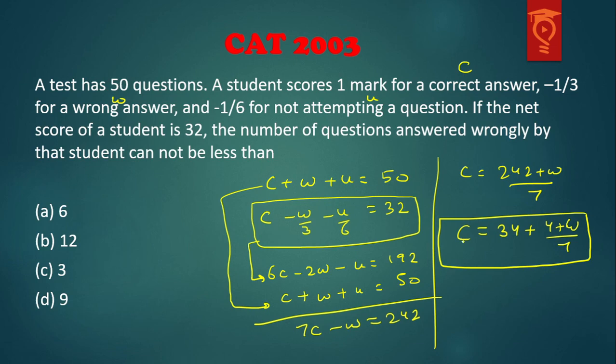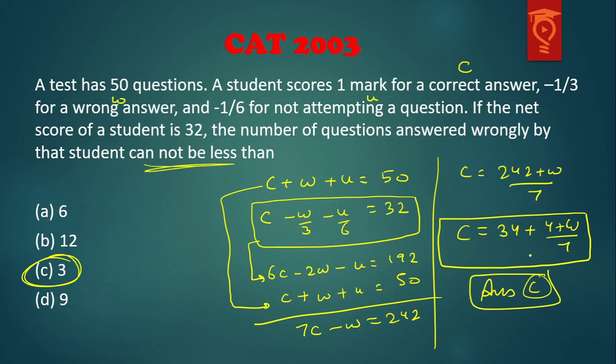I think it is 3, and so we clearly get the answer as C option. They asked us that the number of wrong answers cannot be less than. They did not ask us the exact value of wrong answers because there are many possibilities. So after 3 there could be 10 wrong answers also. At 10 also